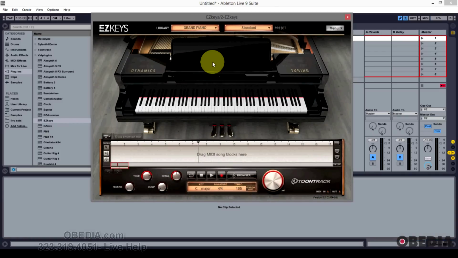So the interface of EZKeys is very straightforward. It looks like a piano. We've seen a lot of different plugins that look like this and emulate pianos. Now, what makes EZKeys a little bit different, however, is how quickly you're going to find that you're working with it. And that's because as you play on your keyboard,